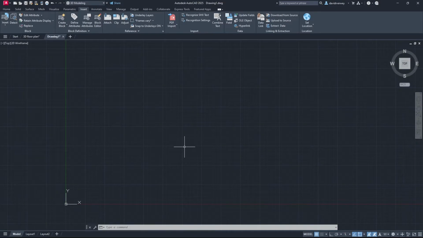So one thing to note is the units I selected were architectural and they were also in inches, so go and change that if you haven't, or use whatever you want, because it shouldn't really affect you too much in